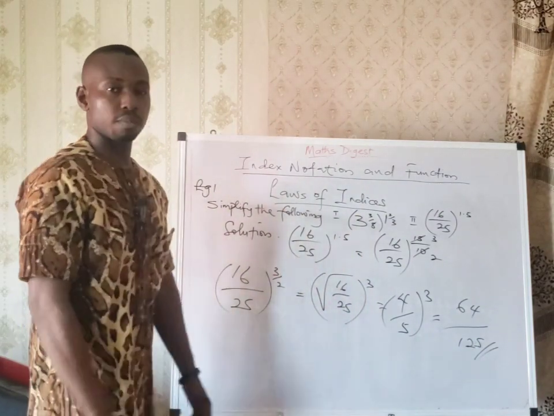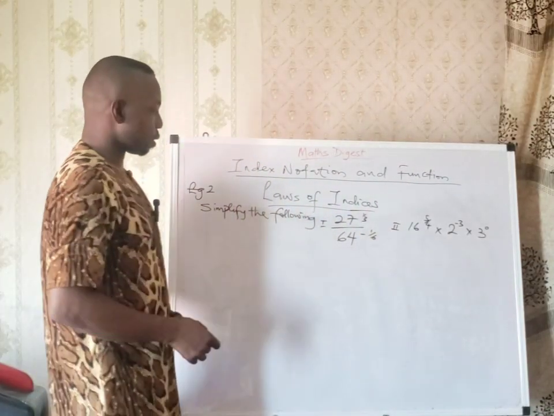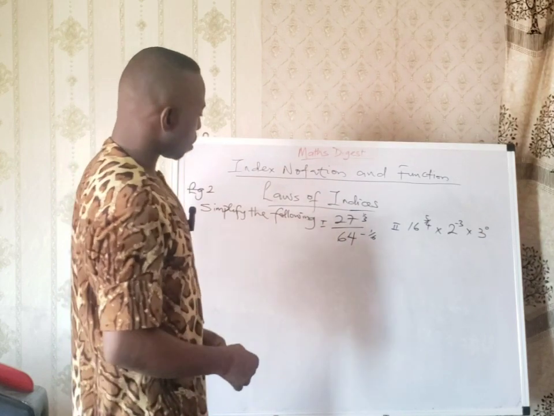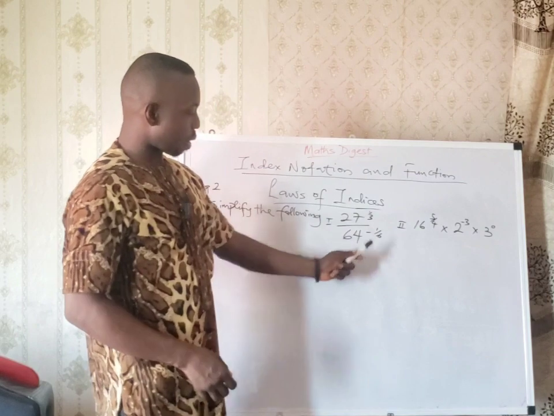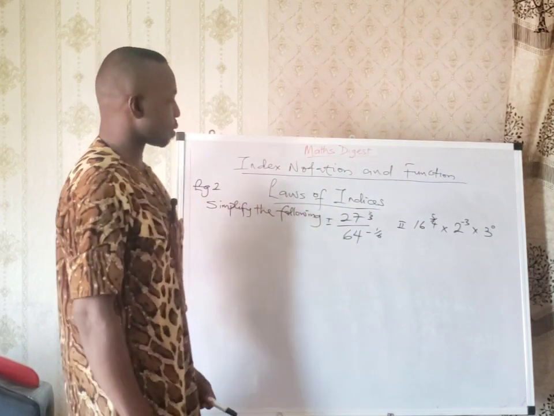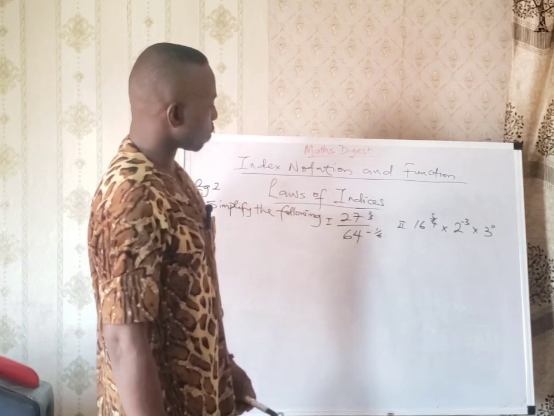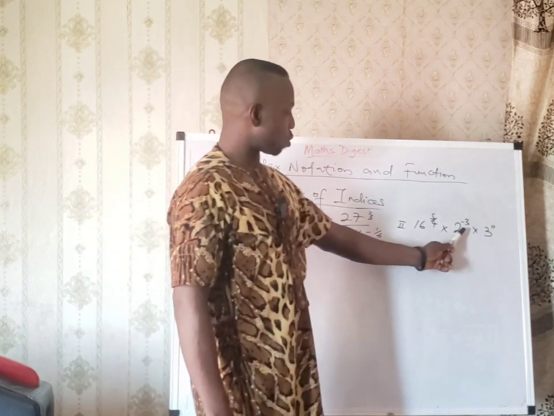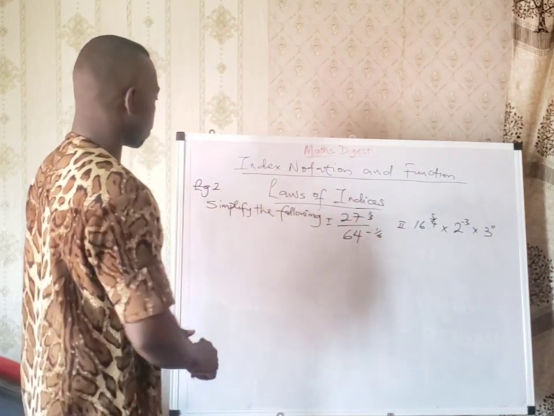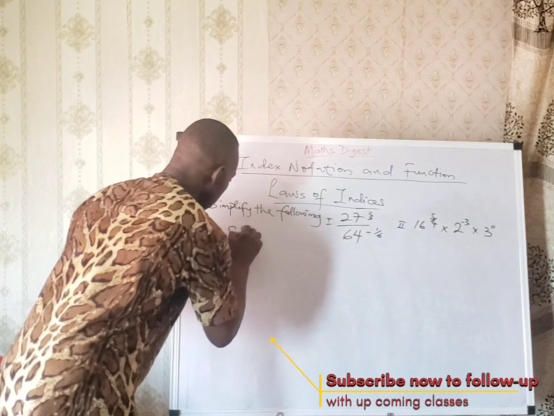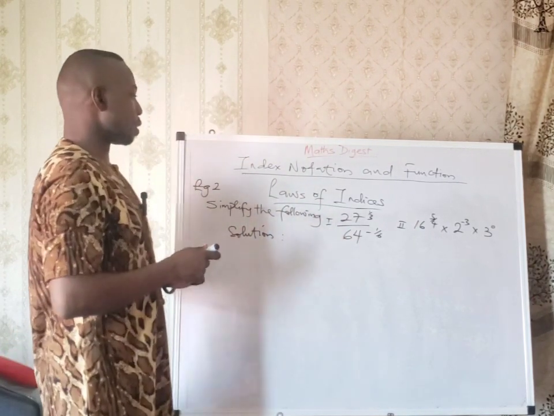Okay, so stay tuned. The second example says simplify the following: 27 raised to power 1 over 3 over 64 raised to power minus 1 over 6. Then the second one says 16 raised to power 5 over 4 times 2 raised to power minus 3 times 3 raised to power 0. Solution. Now the first one says